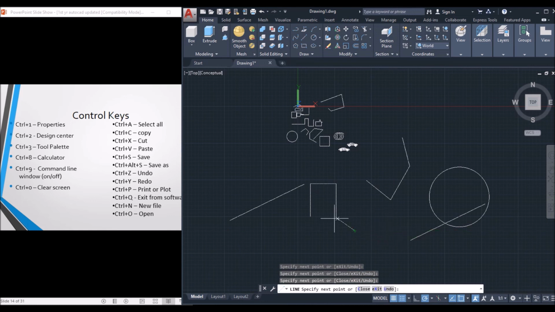While drawing, suppose by mistake the line has been drawn as an inclined line. Now I need to erase this line using the command only. For that, to erase this, or to go to the previous step, just use the control key Control Z, which means undo. You can erase the previous step. So like this we are going to use the undo step to erase or go to the previous step. Now I am erasing these four lines, Control Z, undo, undo. So like this we are going to erase the previous steps.